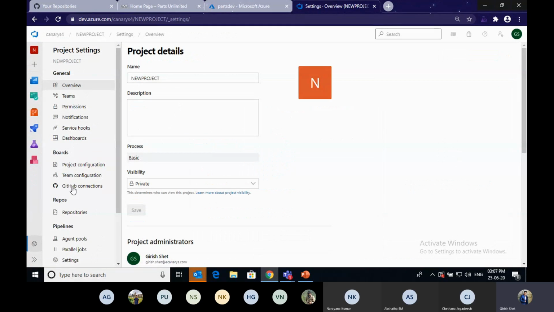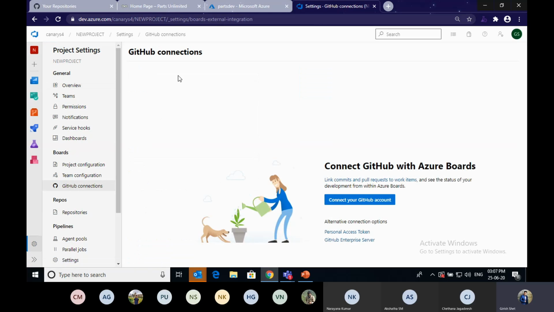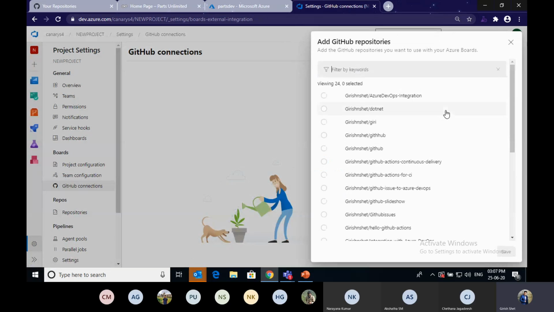There is an option called GitHub connections. You have to click that one. After clicking GitHub connections, you have to connect to your GitHub account. Just click this account button. Now it will ask which repository you want to integrate with.